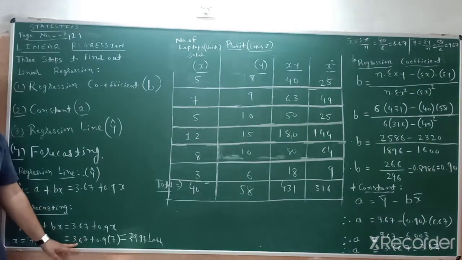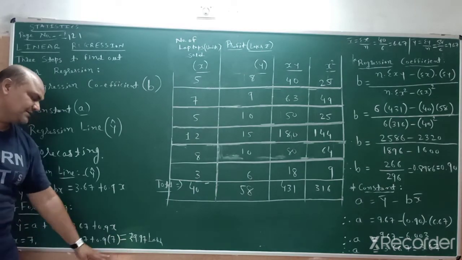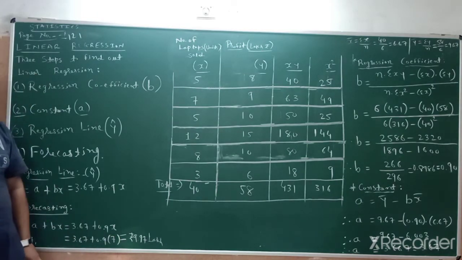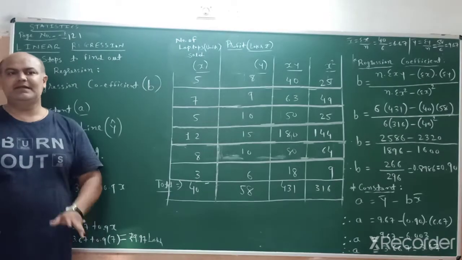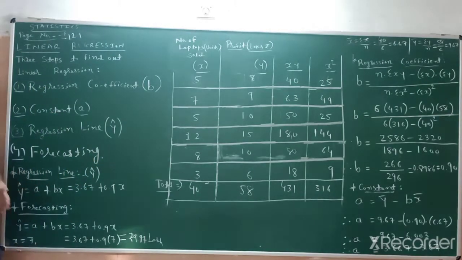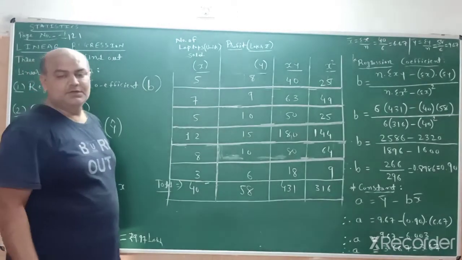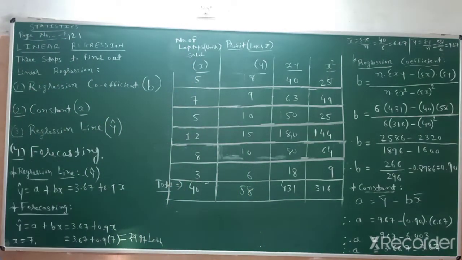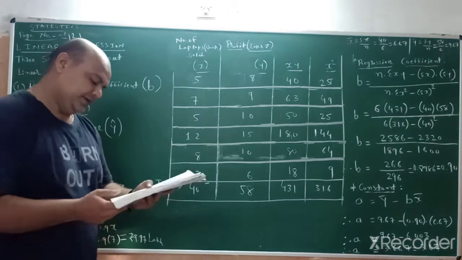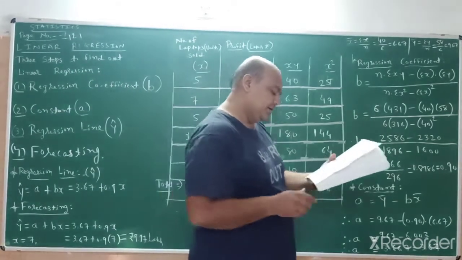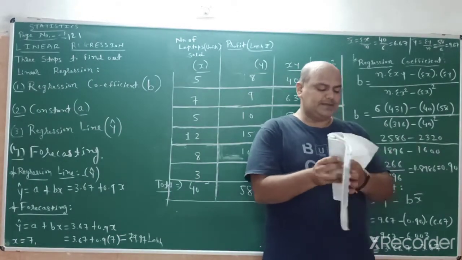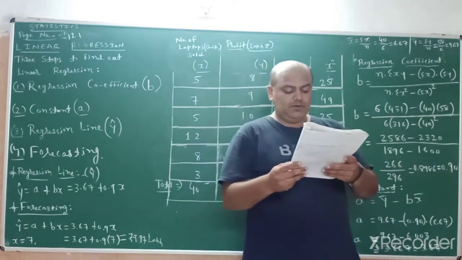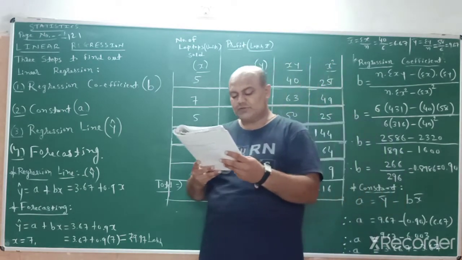6.3 plus 3.67, the total is 9.97 lakh. Here is the final answer of our forecasting. To get the full marks, students, we have to write one sentence. As in the question they provide, when x is equal to 7, to find the error of x equal to 7,